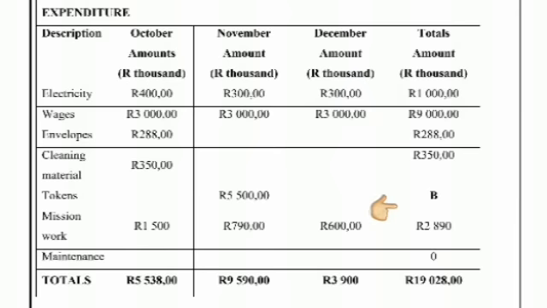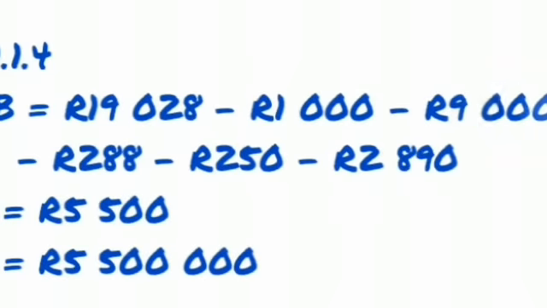So obviously I have totals at the bottom, and the total is everything added together. So to get that value, the simplest thing I can do would be to take my total and minus everything, and what's left will be B. So my total is 19,028. I will minus 1,000, minus 9,000, minus 288, minus 250, minus 2,890, and it gives me 5.5. Again, remembering that everything is in thousands, so you multiply that by 1,000 and it gives you the actual value,